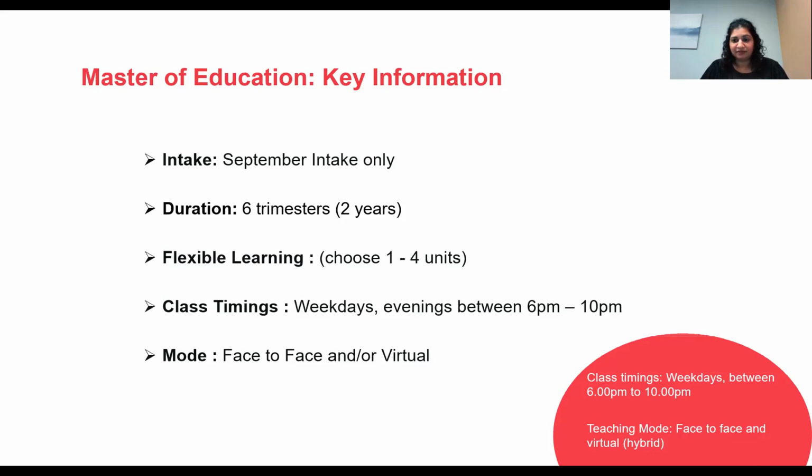Again, like I mentioned, we offer something called flexible learning. So depending on your workload, depending on your other commitments, you can choose to do fewer units or more units, and accordingly you would finish the course. But ideally, on average, most people are able to complete it in 1.5 or 2 years. Sometimes it also depends on how many units are being offered. So it's important that we have 1 or 2 students at least for each unit, for that unit to be offered as well. So all units are not really running in all trimesters, you see.